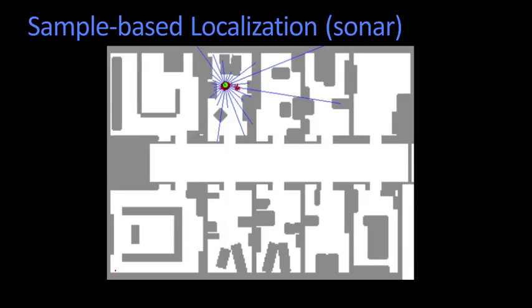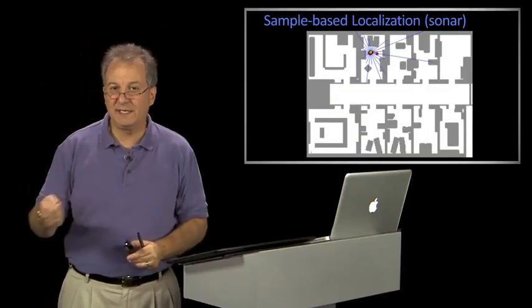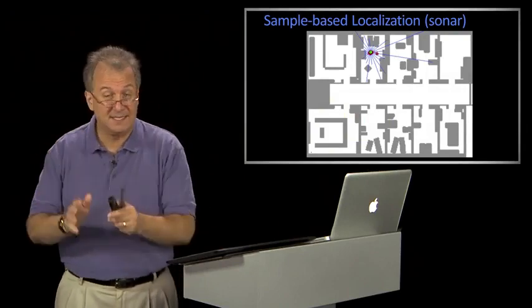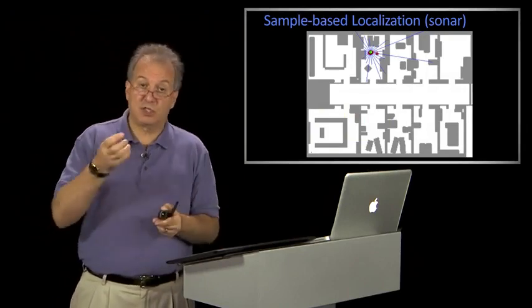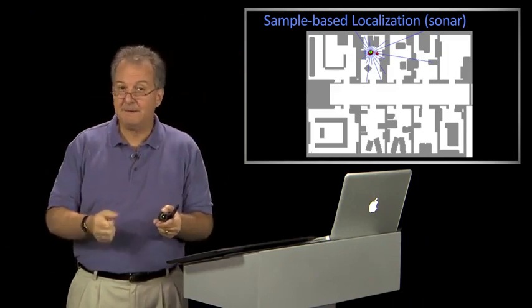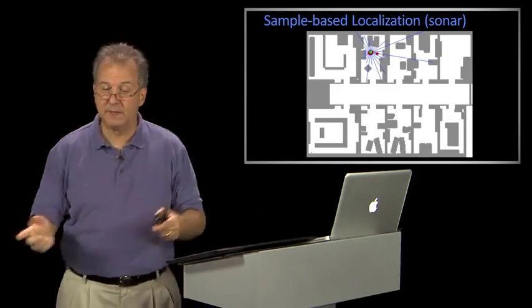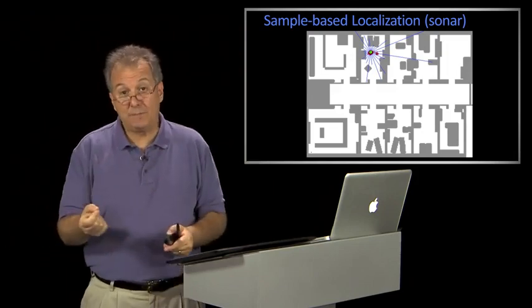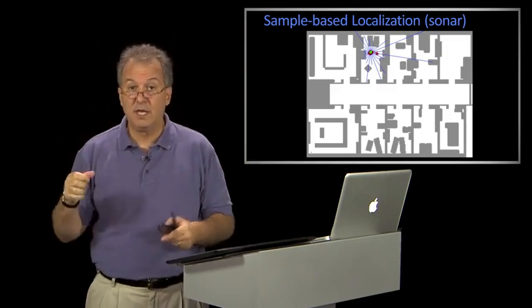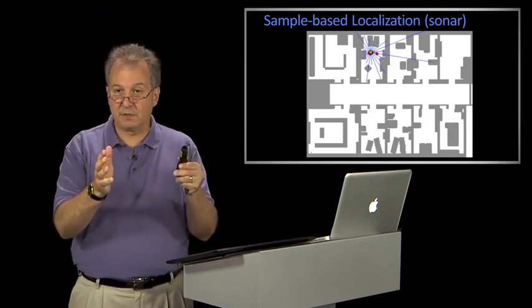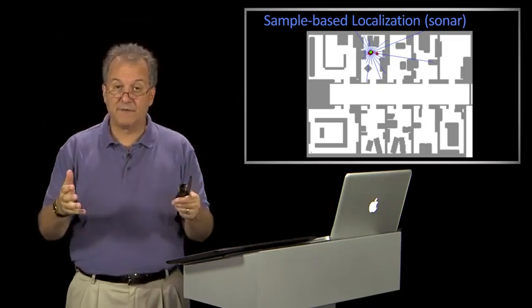You start off with a big unknown set, and eventually a whole bunch of particles go away because they're just totally inconsistent with the measurements you get. So when they get multiplied by p of z given x, the likelihood of that measurement is so small that it diminishes that particle's weight a lot, and the next time you sample, and we said this at the end, remember very low weight particles sometimes don't get sampled at all? So what happens is only the samples that are near the parts of the sensor measurements that are consistent survive,